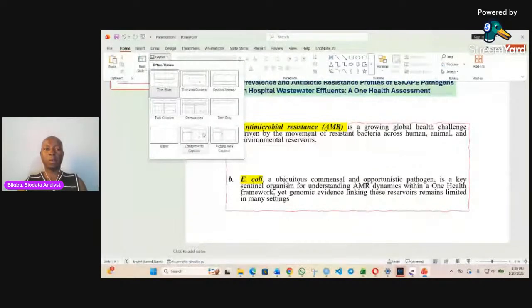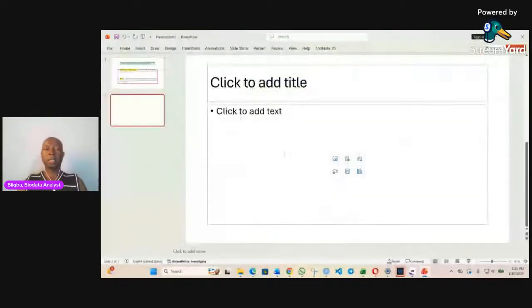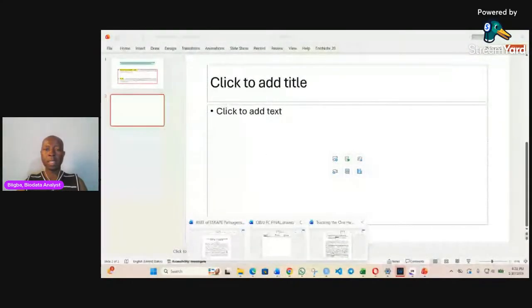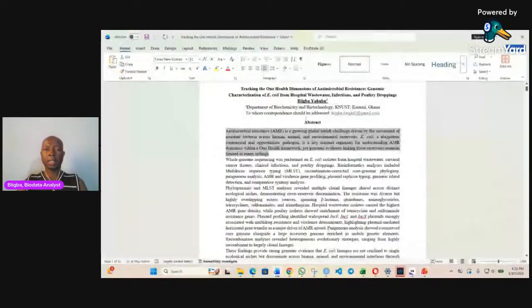Maybe your next slide, you want this particular layout, so you can choose that one. Let's stick to this for now because we're at the basic level. Now the next slide has come. For the next slide, we can give it a title, and then we also come down here. So let's pick some text and then say the title should be,